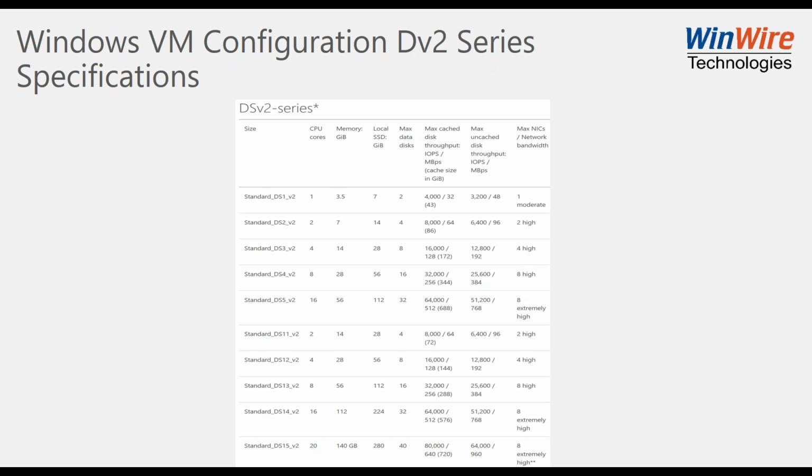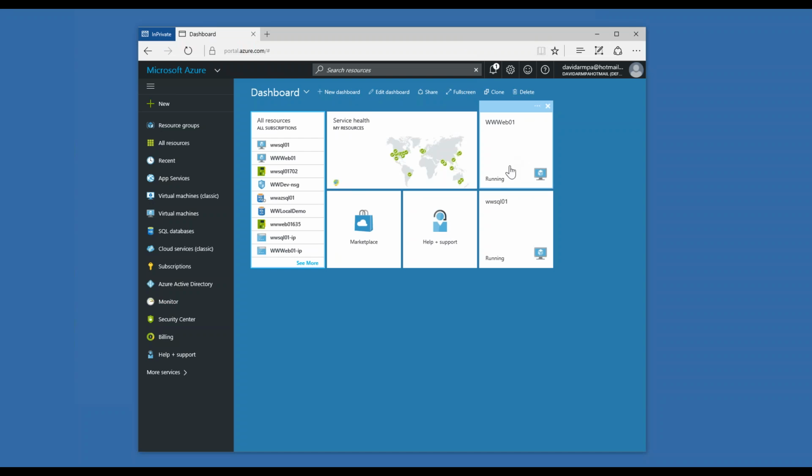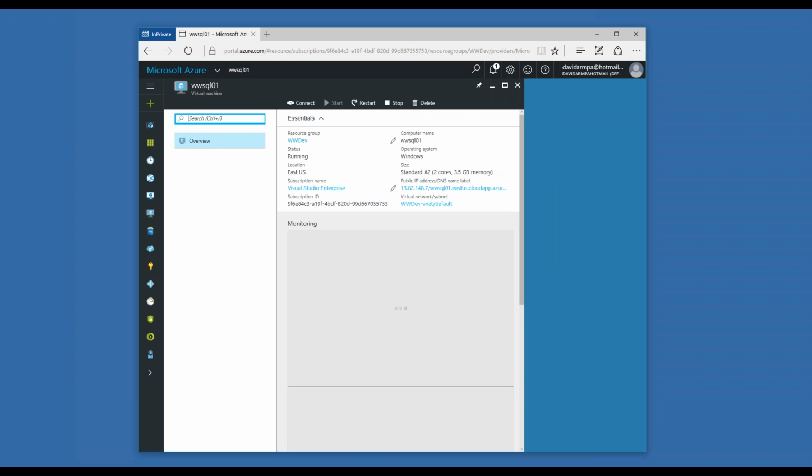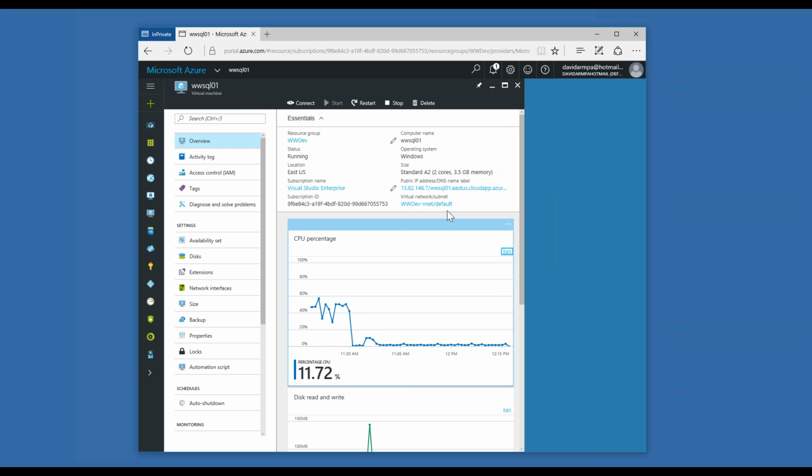Let me just switch back and go through a couple of things here to make sure folks understand what I'm talking about. So if we go to the SQL machine, you see a connect, and that allows me to establish a remote desktop. This public IP address is not necessarily guaranteed, and so what I did was I set up the www.sequel01.eastus cloud app Azure as a DNS entry. If you're doing domains and joining machines to domains, this is going to be a lot different. We'll get to that in a little bit, but if you're just hosting machines, I don't think you want to be dependent upon these IP addresses.